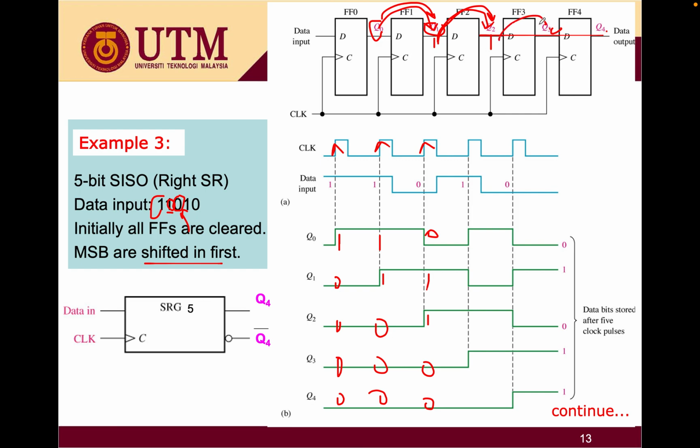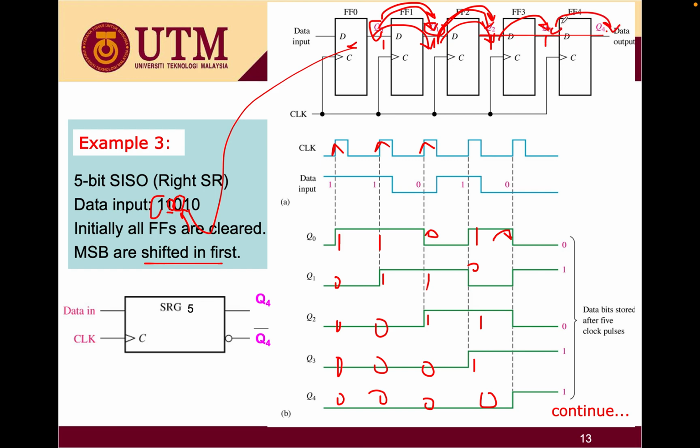This one will be moved to here, this one will be moved to here, D0 will be moved here, and your input now is 1. So you have 1 0 1 1 0,